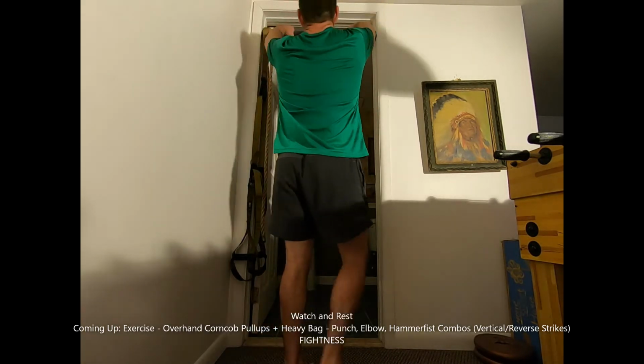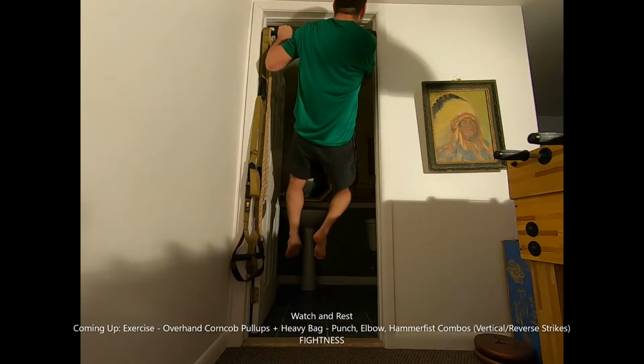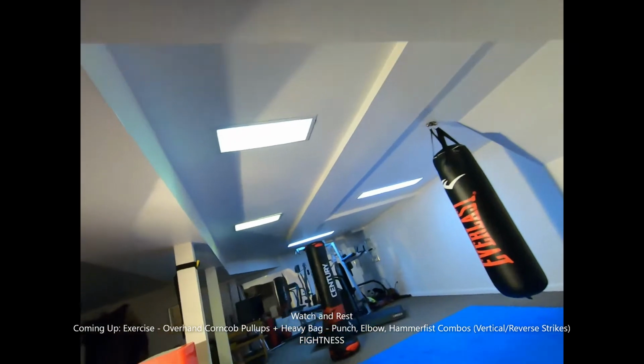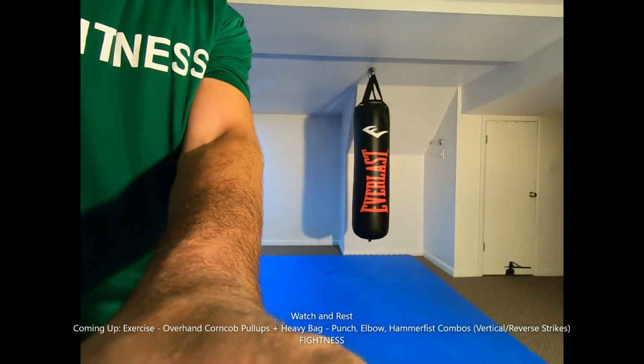All right, so overhand corncob pull-ups are regular grip, go up to the top, go to the other side, down, and reverse it. You're going to continue alternating like that. When you're done with your set, you're going to come back to the middle, and you're going to perform on the heavy bag using gloves,